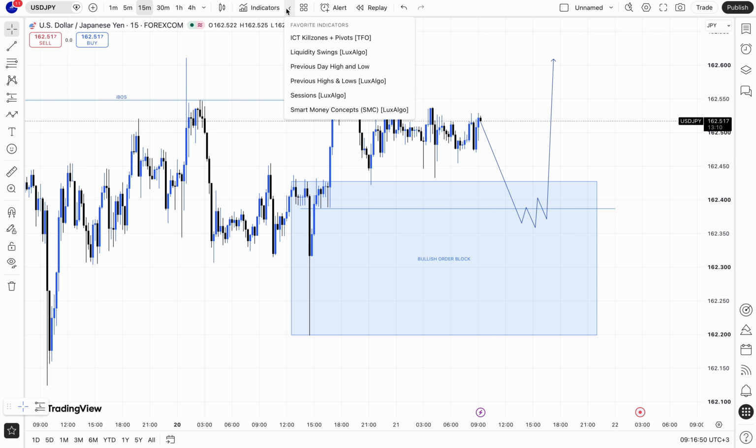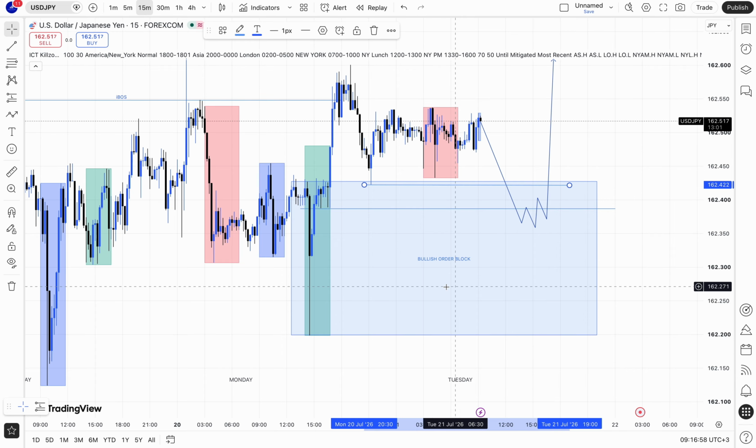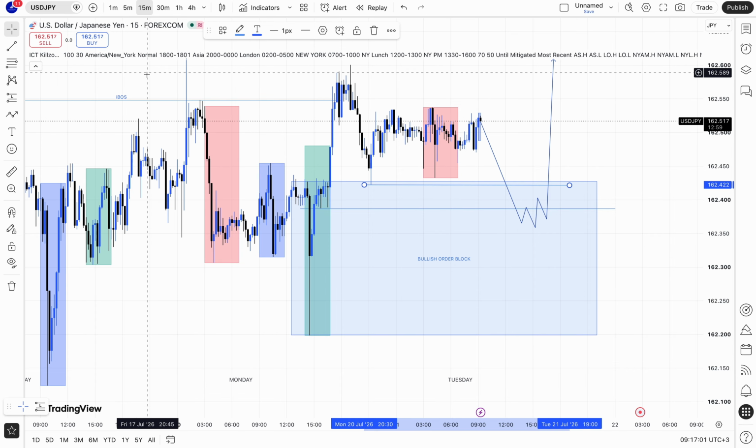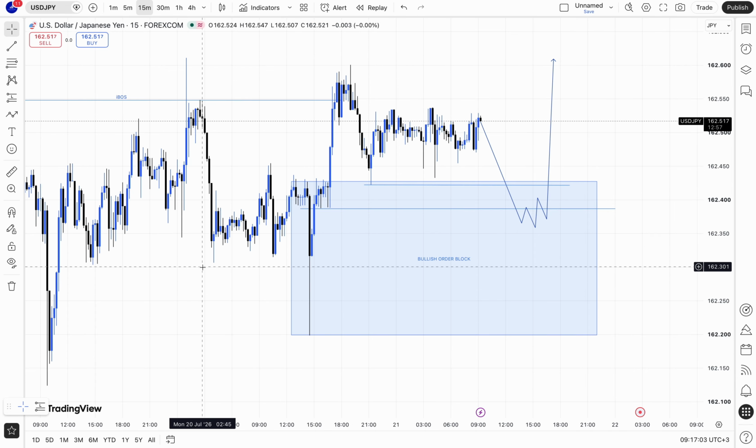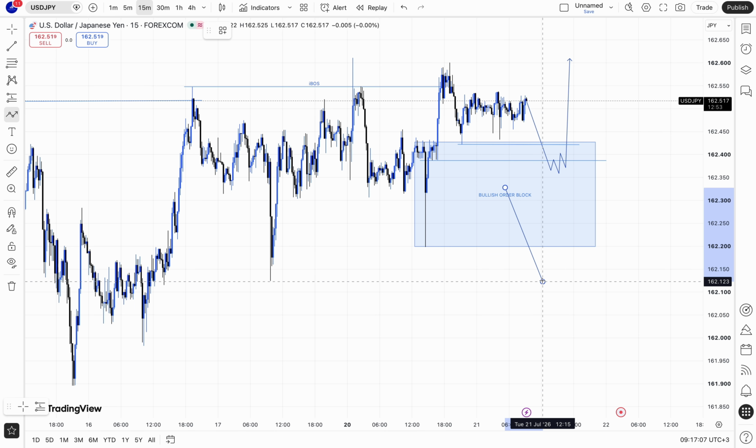Then scenario number 2, I'm going to use for that session liquidity. I can easily wait for the price to come and sweep this liquidity to the downside, then you can easily buy, which is very, very simple. And then scenario number 3, it will be very simple still. The price disrespects this order block, then